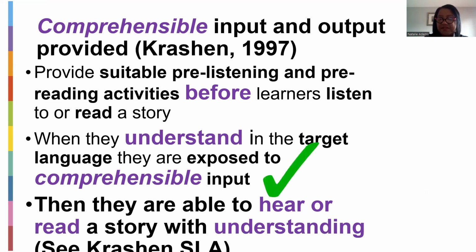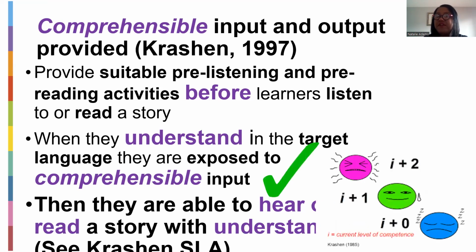And what does this comprehensible input look like? For example, the student comes into the classroom with comprehensible input. So that would be their prior knowledge. You understand? So what you then need to do is to look at the comprehensible input and add +1. So in the classroom, you're going to add one additional thing that they need to learn. Okay, so that's the ideal situation: comprehensible input +1.